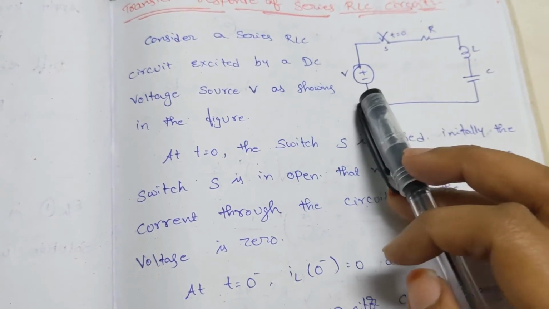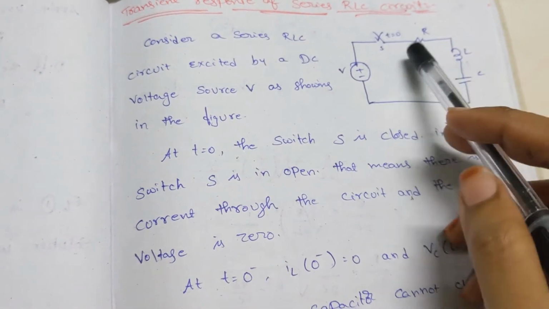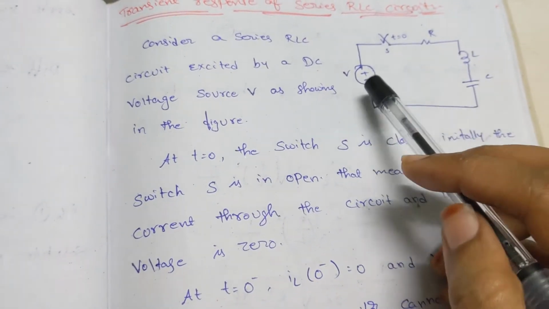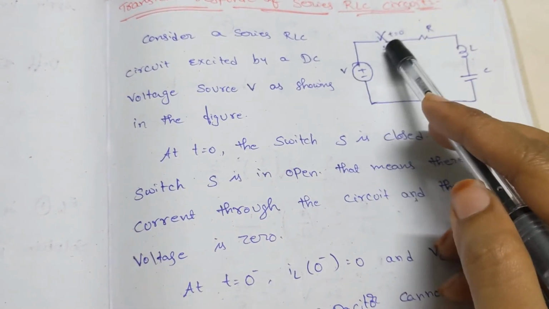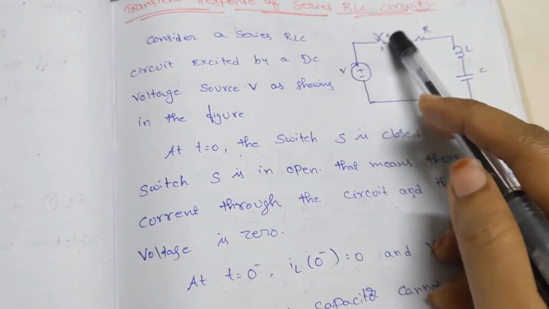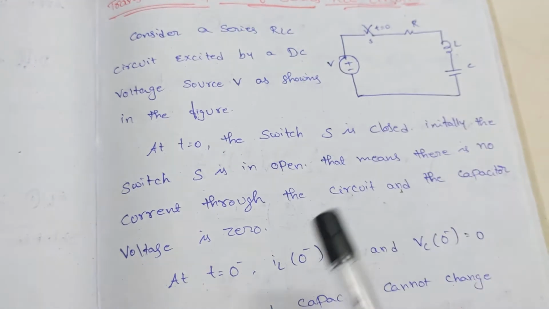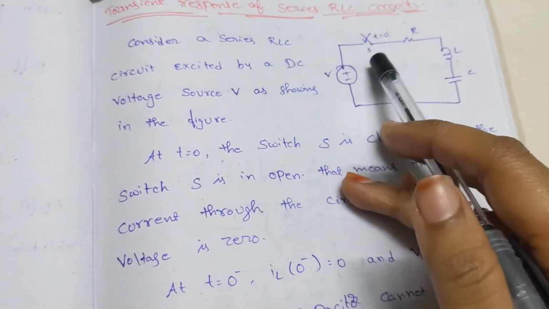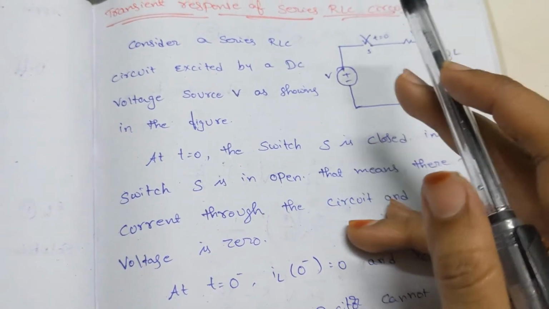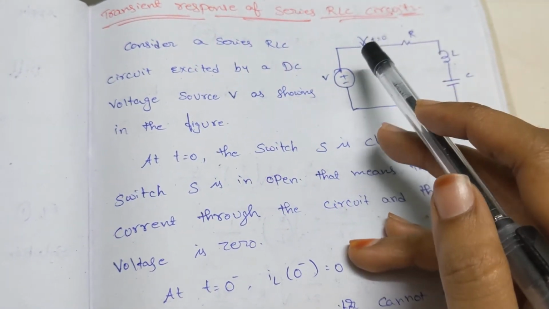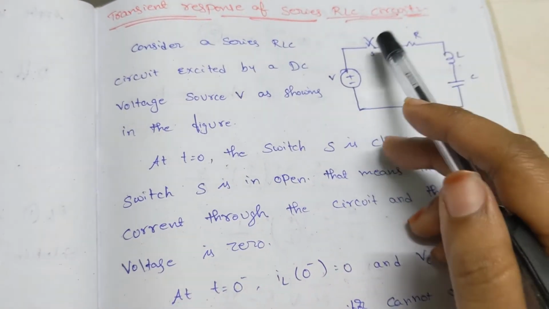Please check this circuit diagram once again. We are having R, L and C elements connected in series, which is excited with a DC voltage source. But in between, to study the transient, we have the switch here. The major portion is this switch, whatever role it is playing. Initially, we are assuming this switch is in open condition before t equals 0. That means up to t equals 0, the switch is in open condition.